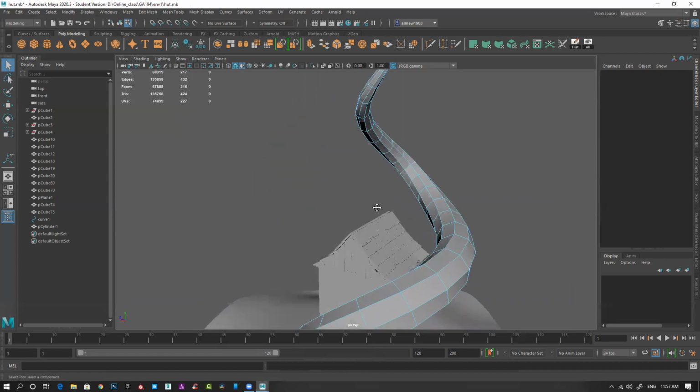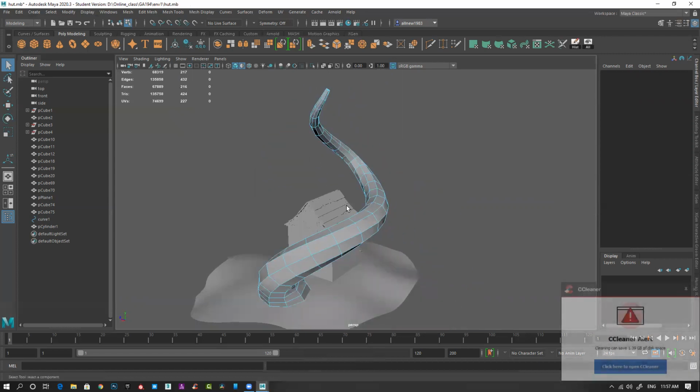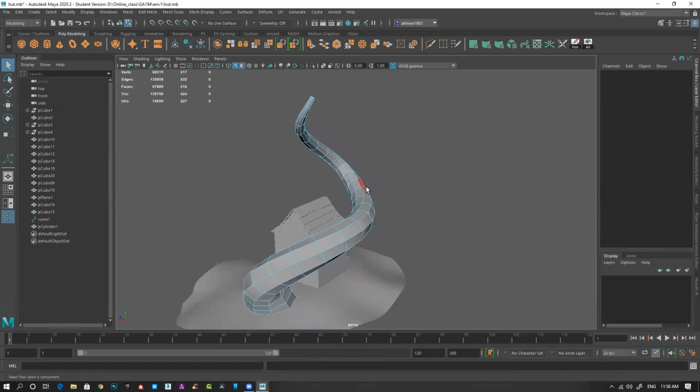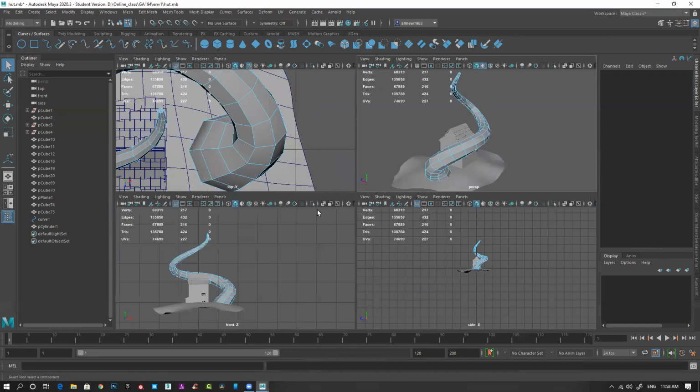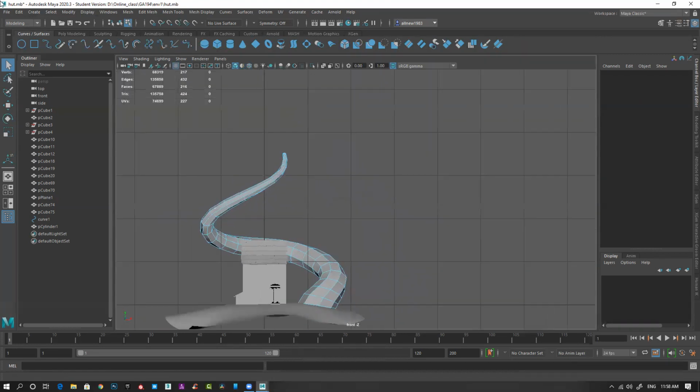Now, suppose I want to create more branches. Obviously, it's a tree, so it will have more branches, right? So, how to create branches from this? And I'll be using EP tool. Let's go here. EP tool. Let's select